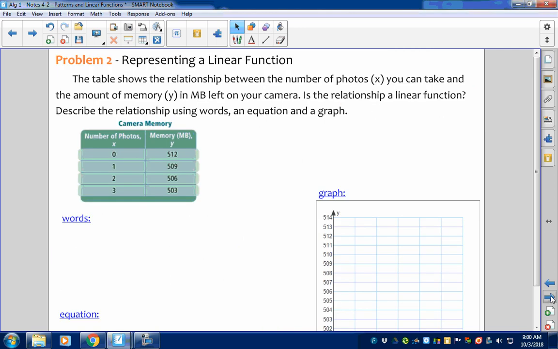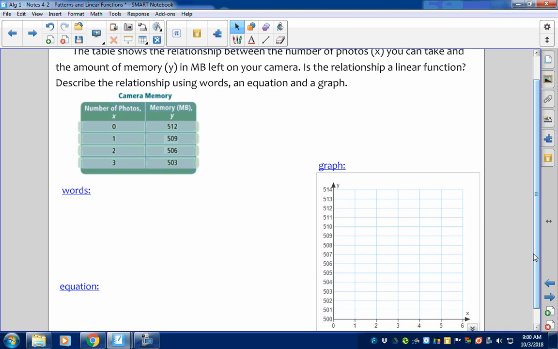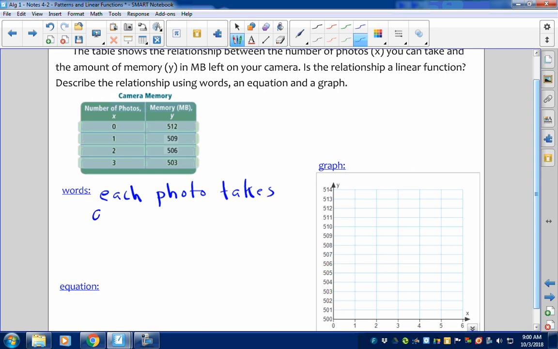All right, the other thing you'll be asked to do is, given a real-life scenario, a table here. It says the table shows the relationship between the number of photos, x, you can take, and the amount of memory, y, in megabytes left on your camera. Is the relationship a linear function? Well, is it going up or down by a constant? It's going down. So in words, we would say each photo takes away 3